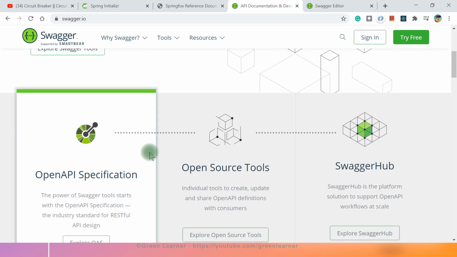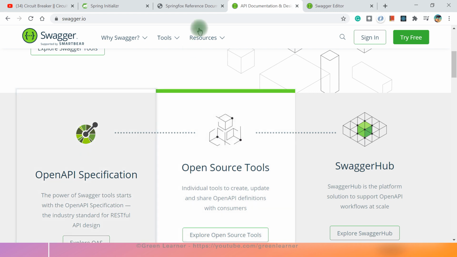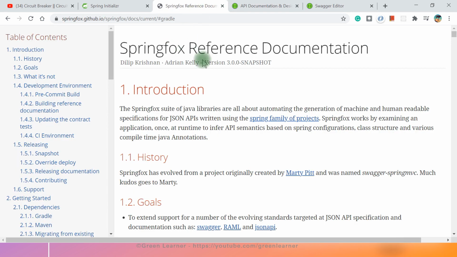But to do that, we have to put in lots of manual effort and write all the things, write JSON. So is there any automated way that we can do this? Yes, there is an implementation of the Swagger specification provided by Springfox, which inspects our code at runtime.